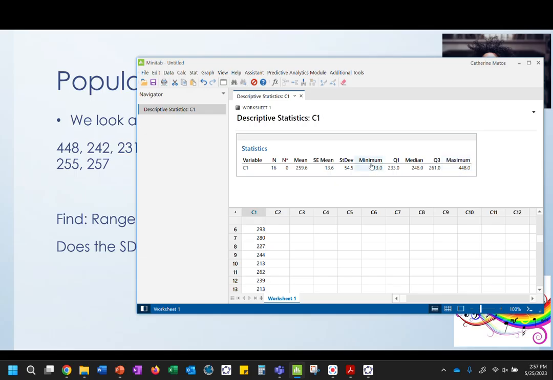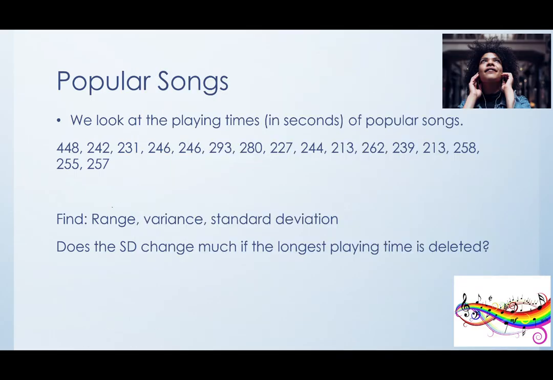So 448 minus 213, which is going to be 235, I believe. Let's see here, 448 minus 213, 235. Now the variance,